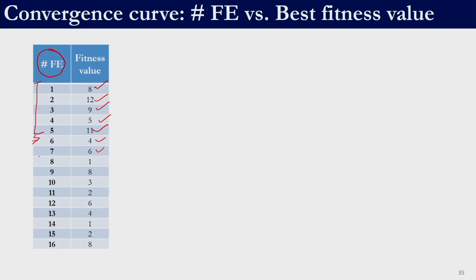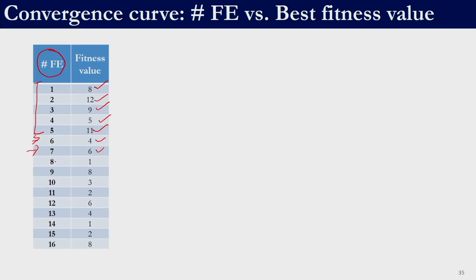So, when I evaluated the fitness function for the 7th time, the first 5 are the initial population size, so you evaluate that even before you begin the algorithm. The 6th one was because the first member underwent teacher phase, so you got a new solution and we had to evaluate the fitness function. Similarly, the first solution underwent learner phase, we generated a new solution, we had to evaluate the fitness function of the new solution. Similarly, every time we evaluate the fitness function, we make a note of these values.